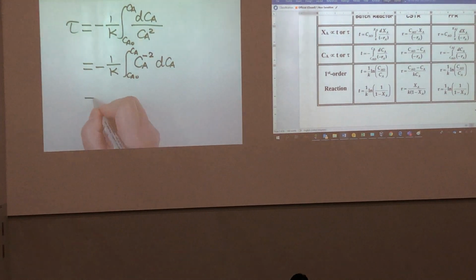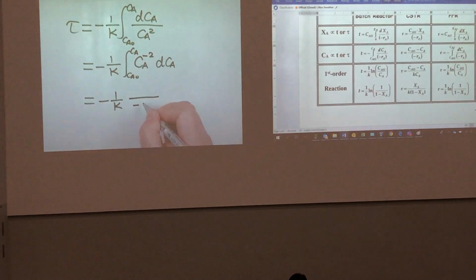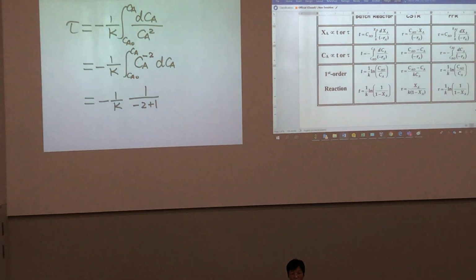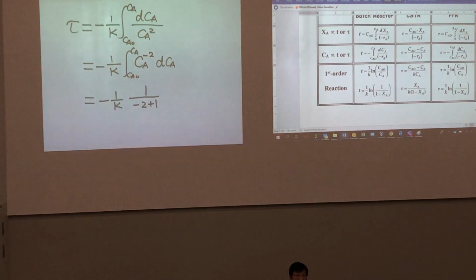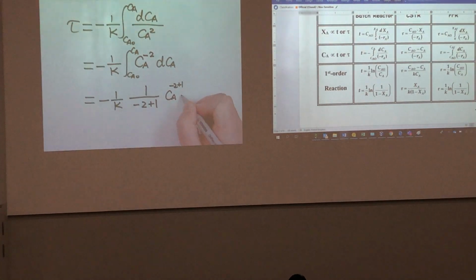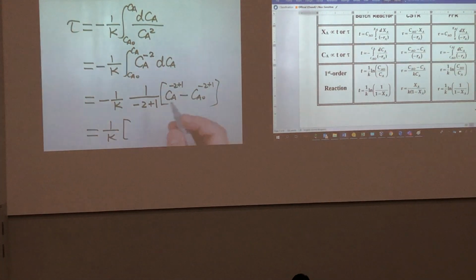Always write the limit. Then here, how to do? -2 plus 1. Please, this integration you have to memorize. So only the first order is special. The integration is long something. Then other orders will be same. So inside here you have the CA^(-2+1) minus CAO^(-2+1). So finally you will have 1 over K. Inside is